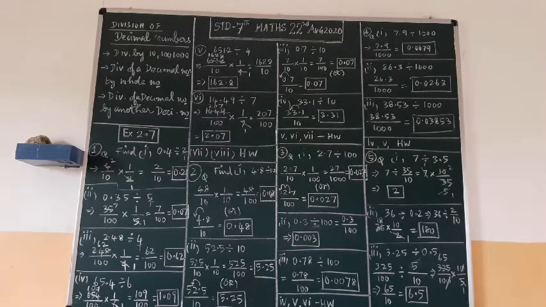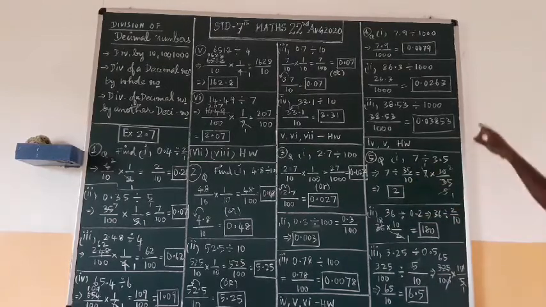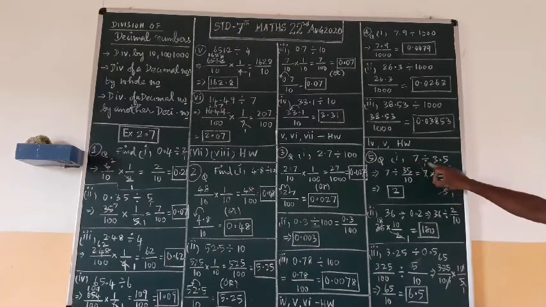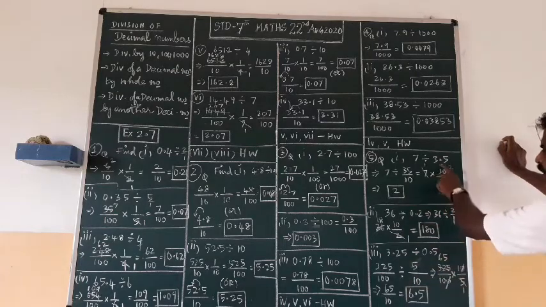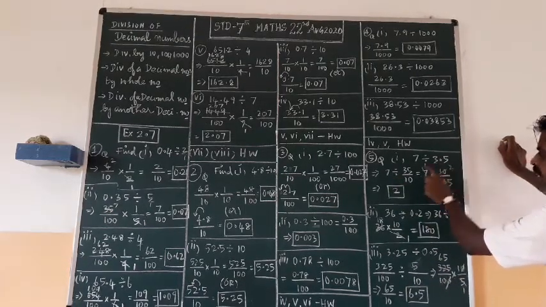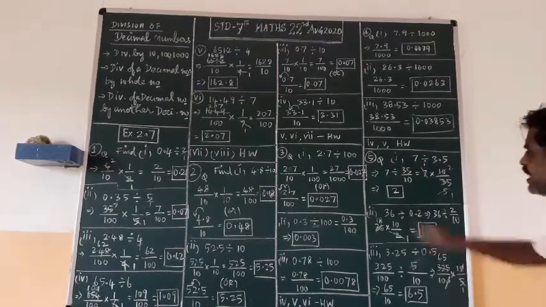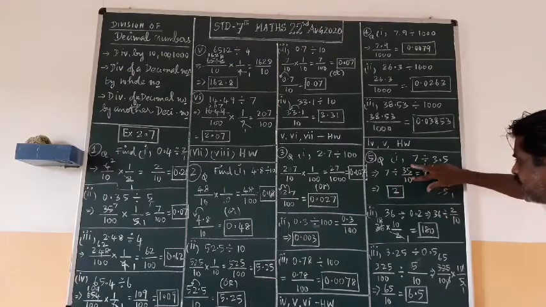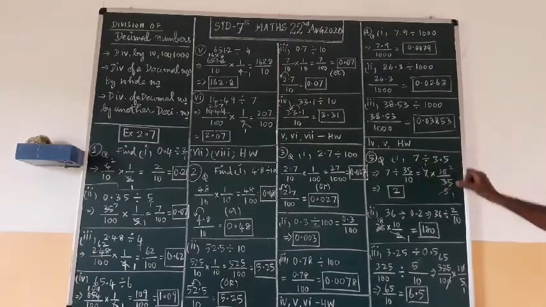Okay. Then fifth question. Question what is given? A whole number division of a decimal number. How to do it? See first problem. 7 division of 3.5. So what you have to do? Write as it is. Remove the decimal here. 7 division of I am removing the decimal point. So 35 upon 10. Okay. And once again it is in division. So this right hand side will become reciprocal. 7 multiplication symbol it will change. It will become reciprocal. 10 upon 35.